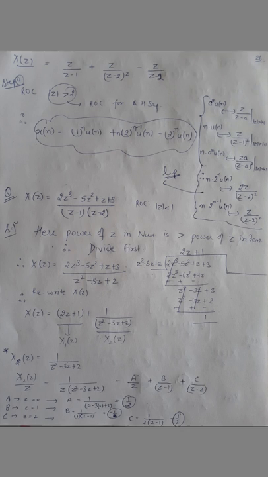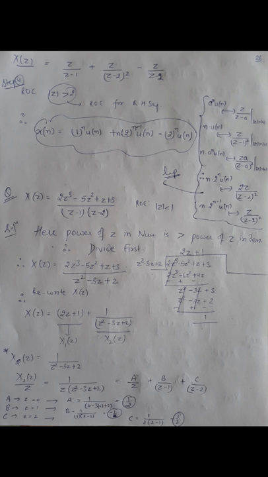So the first step is just to make it a division. We will go for the division, and on solving the division we will get X(z) can be rewritten as 2z plus 1 plus 1 upon (z square minus 3z plus 2). Now 2z plus 1 can be solved directly. Let's consider it as X1(z), and the second part 1 upon (z square minus 3z plus 2).